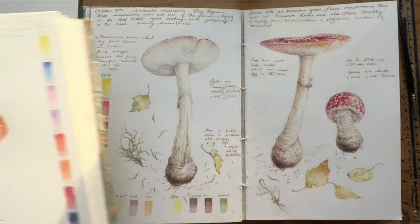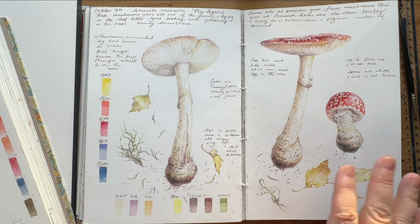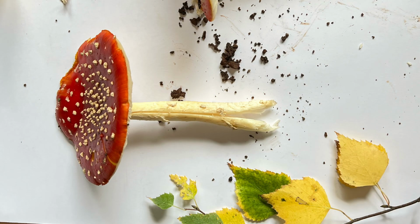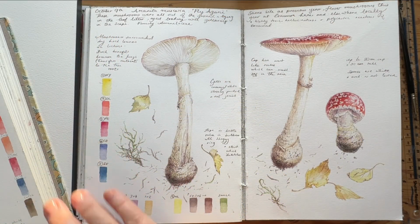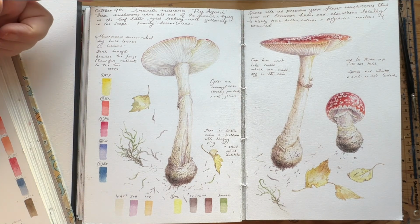So this was more of a little habitat study last year, and this one was just the mushrooms with some of the leaves that are associated with where these mushrooms grow, which is the birch leaves there, which turn yellow in autumn. So the fact that they were uprooted gave me the opportunity to look at the whole of the fungi, really. And there you can see one of the uprooted mushrooms with the leaves alongside. And I kind of filled the page there with the leaves and bits of moss,